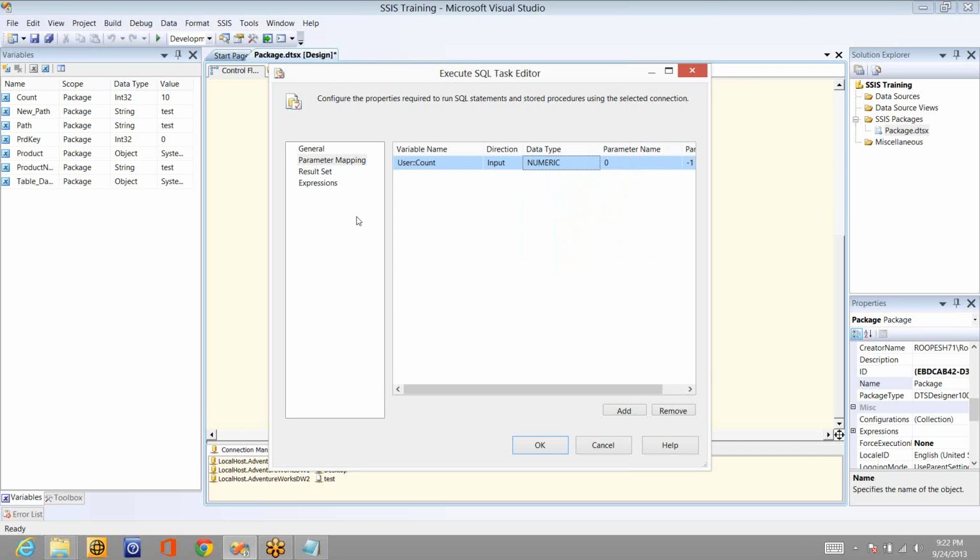Okay, if I have more than one question mark, like where product key less than question mark and product key greater than question mark, then the second question mark will be the second parameter. I'll show you that example also. So I'm getting the value from the user count and I'm placing it as input to the query, and that